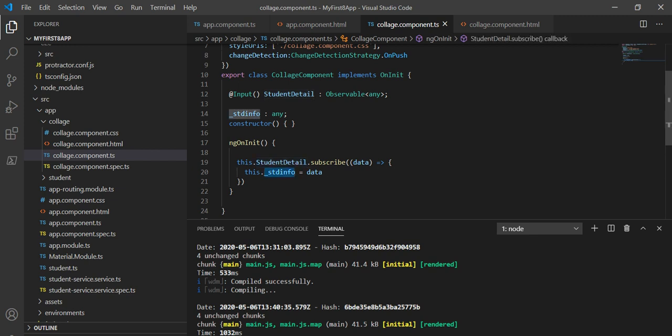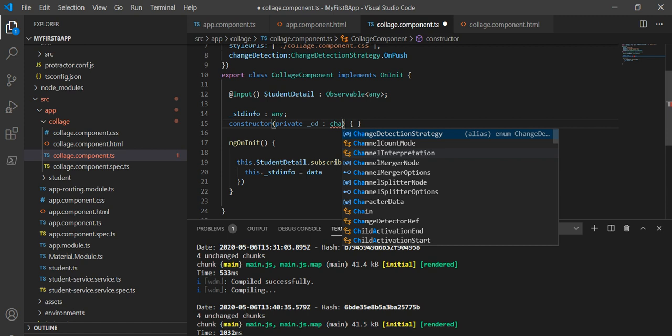But for reflecting the data into the respective variable, we have to use the change detection reference. So let's take the object of the change detection reference here. I will make it private, and I will take a variable like cd, and the type of this will be the change detection strategy.